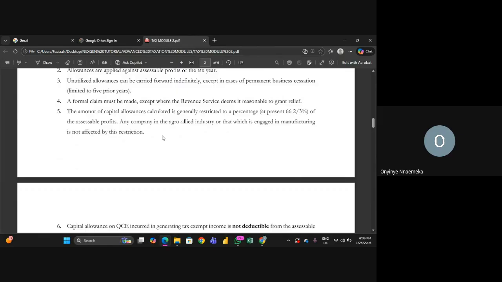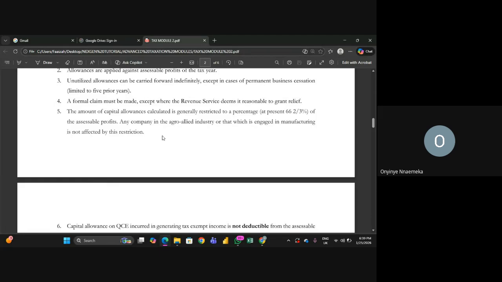Then number 5, the amount of capital allowance calculated is restricted to 66 2/3%. Please note the percent behind it. 66 2/3%, which is the same thing as 2/3 fraction of that percent of the assessable profits. So it means that